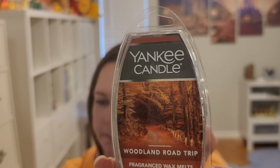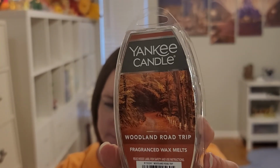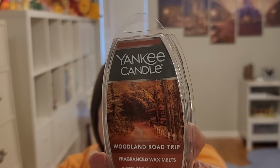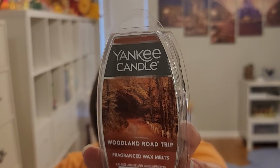Anyway, it's nice. It's light. I don't really get any ginger in that scent, or really patchouli or vetiver either. It's kind of a light floral, warm, sunshiny type scent. Next is Woodland Road Trip. This is green mandarin, frosted jasmine, white rose, Douglas fir, white vetiver, clary sage, Madagascar vanilla bean, white suede, and labdanum,